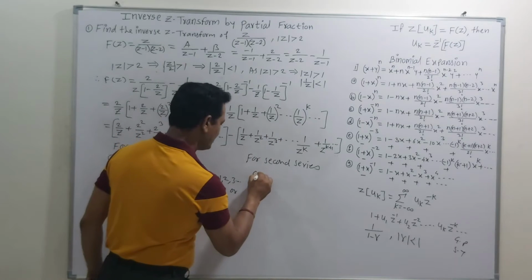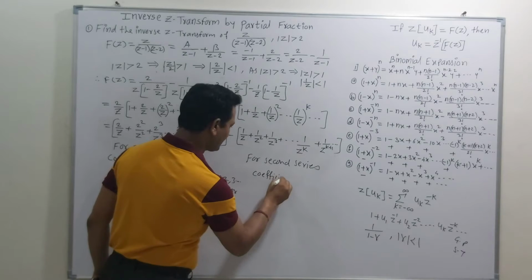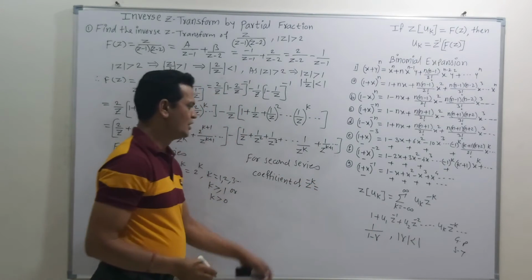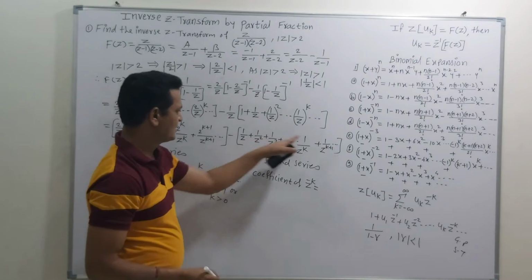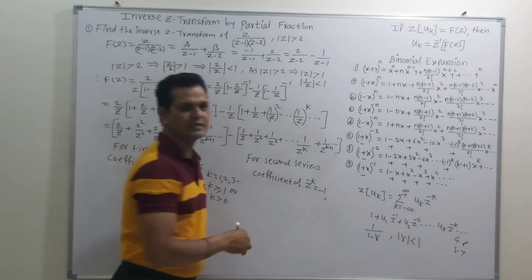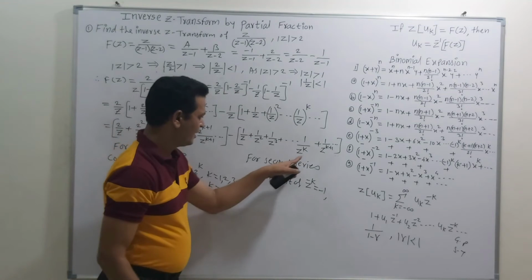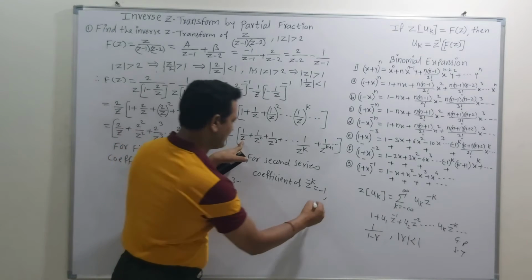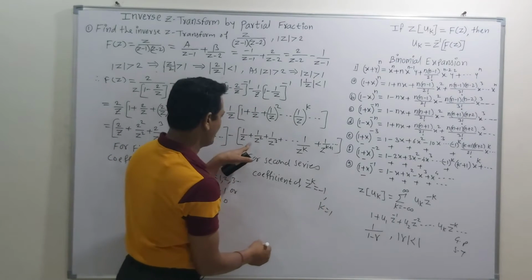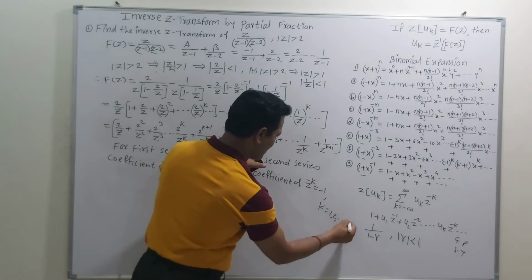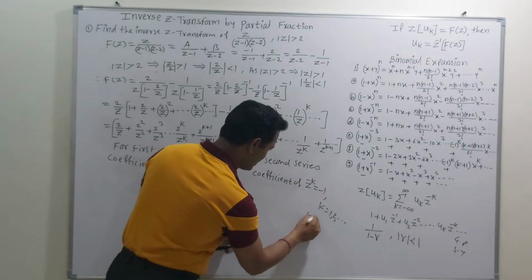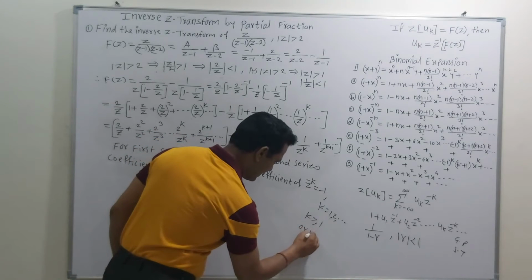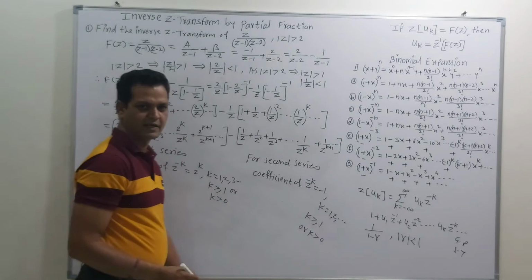Similarly, we can find the coefficient of z raised to minus k, which is minus 1. So this value is minus 1. And now friends, again put the value of k in such a way that we get this as the first term, which is possible when k is equal to 1, k is equal to 2 and so on up to infinity. That means the condition on k is that k is greater than or equal to 1, or some people may write this as k is strictly greater than 0.